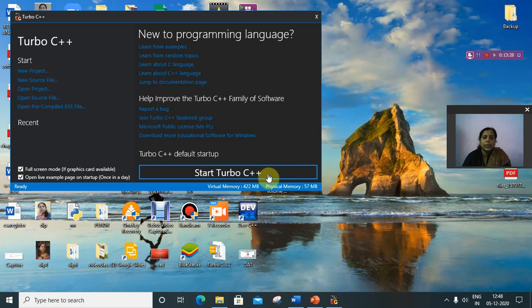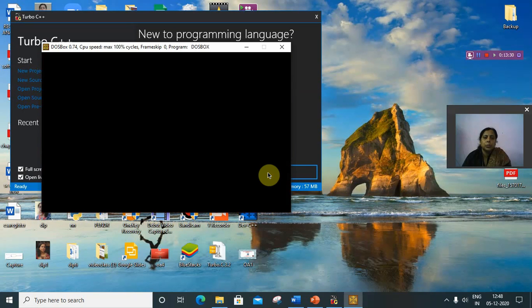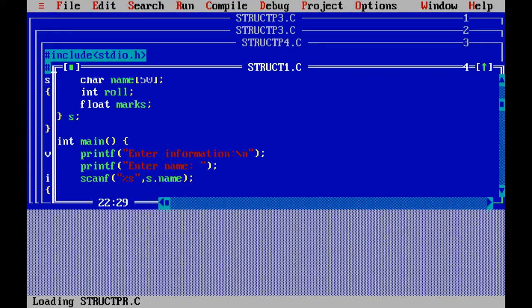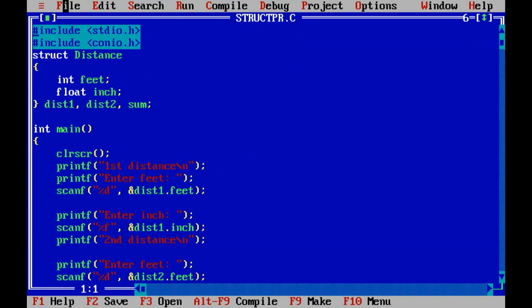So let's start Turbo C++. So this is the program. First declare struct distance, then int feet and float inch. These two are the members of distance, and dist1, dist2 and sum. These three are variables of struct distance.